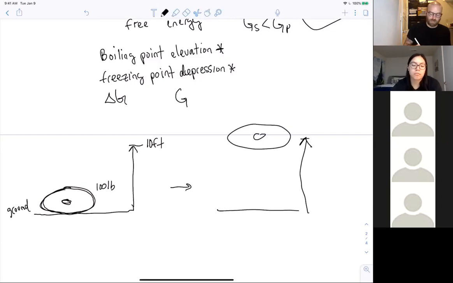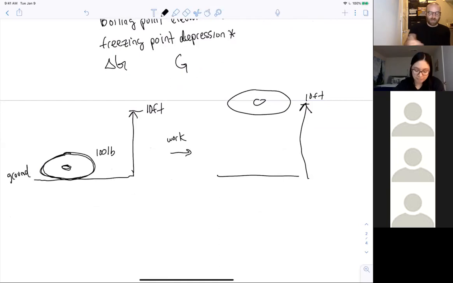So I put in some work and I raise it up to the 10 feet. I'm at the gym and I picked up 100 pounds. I don't know, 10 feet is pretty tall. This isn't a very realistic example. Let's say that you're 9.5 feet tall, so this is reasonable and you can lift that up over your head. All right, in this instance, this is like the pure